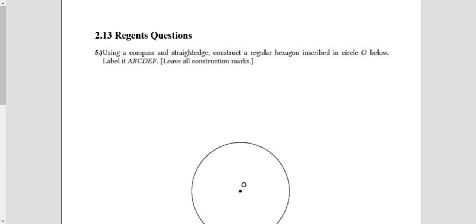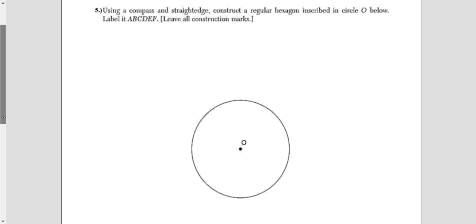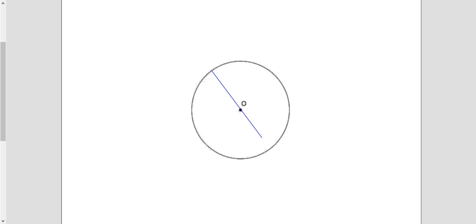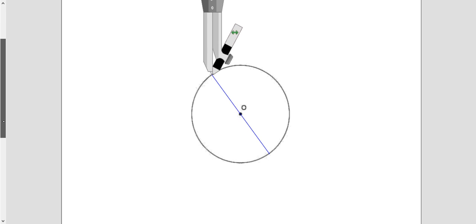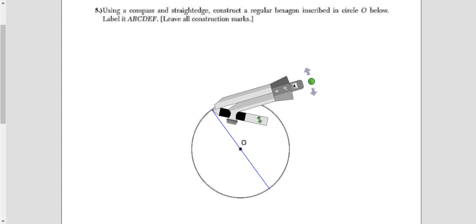Okay. What's the next one? Yeah, another hexagon, but we have to do something with it. And then there's a follow-up question. So I think you guys know how to do a hexagon, so I'm gonna just start cranking through this. Okay. So a little angle there. Compass. Any size or no? Measurement of this and then